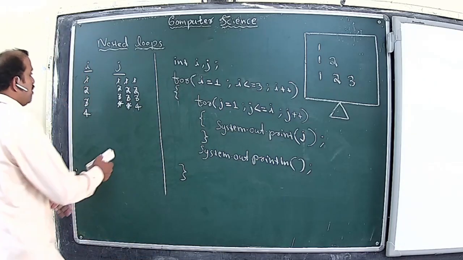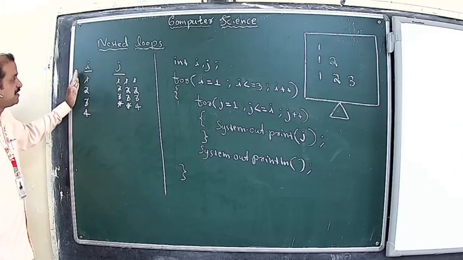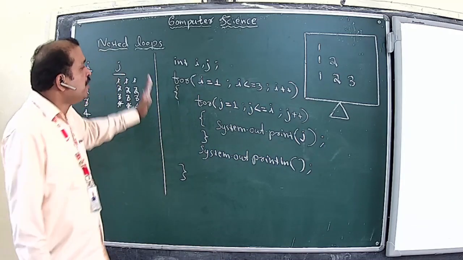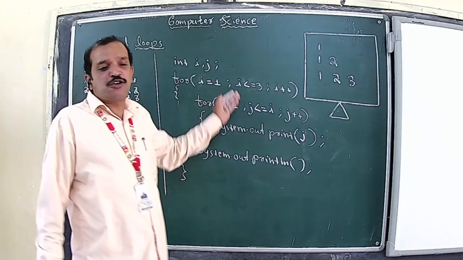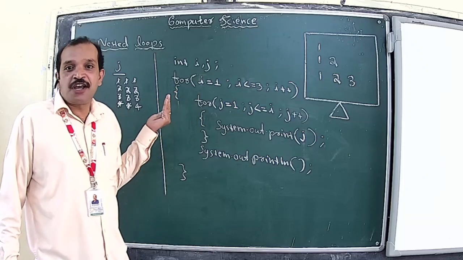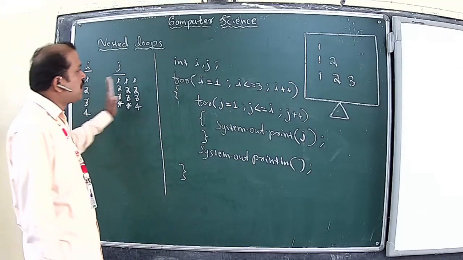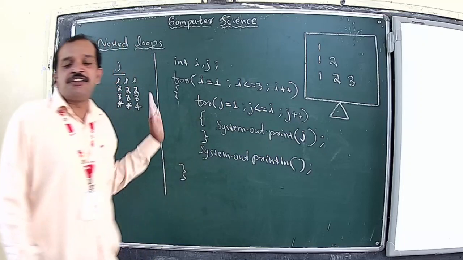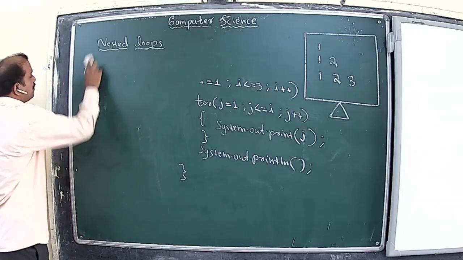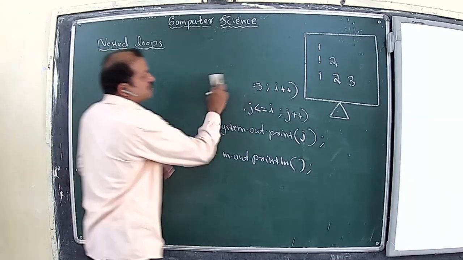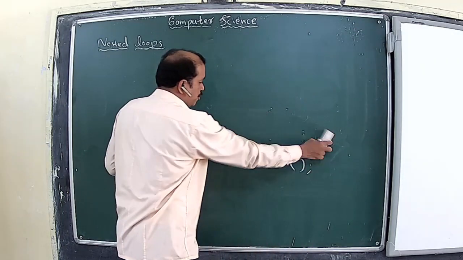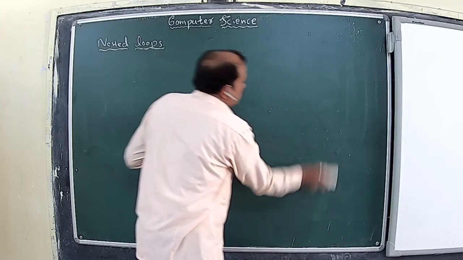I hope things are clear to you, and never forget to try this dry run technique going through the iteration. This technique will definitely help you to understand what is happening in each part of the iteration and what happens to the loop control variable and its value. So this dry run technique will definitely help you to understand this nested loop concept in a better way, and to understand the various steps that are involved at each level of iteration.